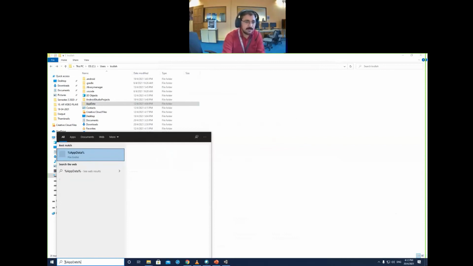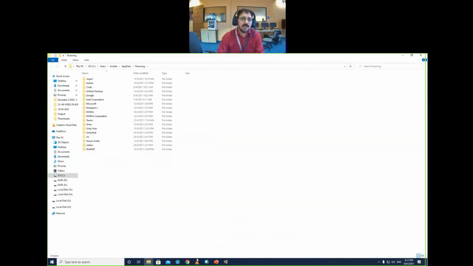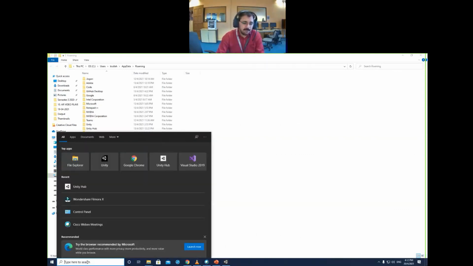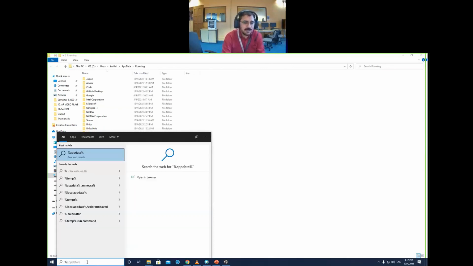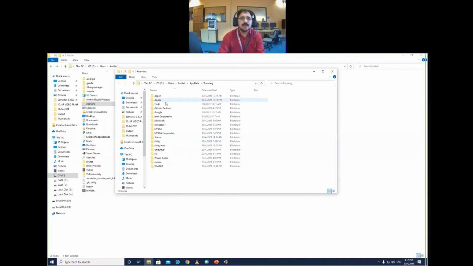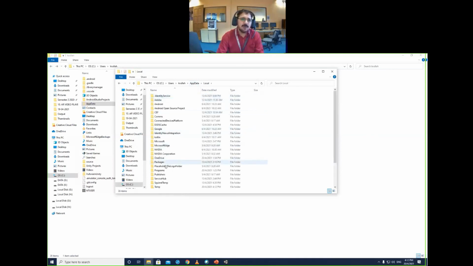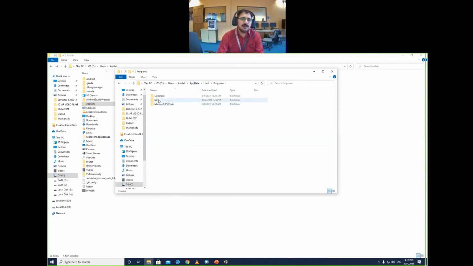I don't know why it is not opening the other way, but yeah, this one can open directly. Okay, let's repeat once again. In the run folder, type percent symbol, app data, and then percent symbol. You will get the folder automatically even if it is hidden. Then you go to app data, then local, and inside the local you go to programs, then git and then bin, and copy this path.